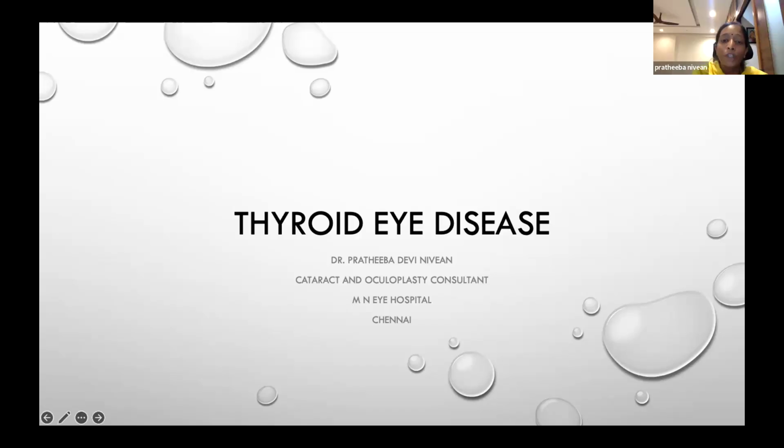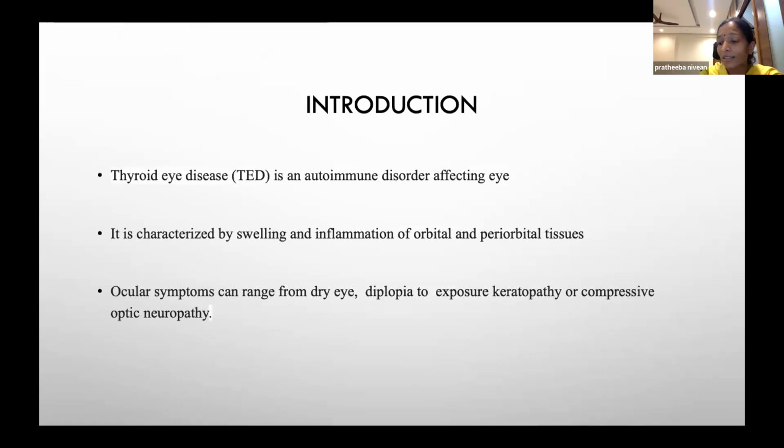So, yeah, I'm Dr. Pratibha Nivian, and my topic today is thyroid eye disease. It's a very vast topic. It is very difficult to finish it in 10 minutes. As instructed, I will tell the salient points. So, thyroid eye disease is an autoimmune disorder which is characterized by inflammation and swelling of the orbital and periorbital tissues. It can cause simple symptoms like mild dry eye to severe sight-threatening complications like exposure keratopathy and compressive optic